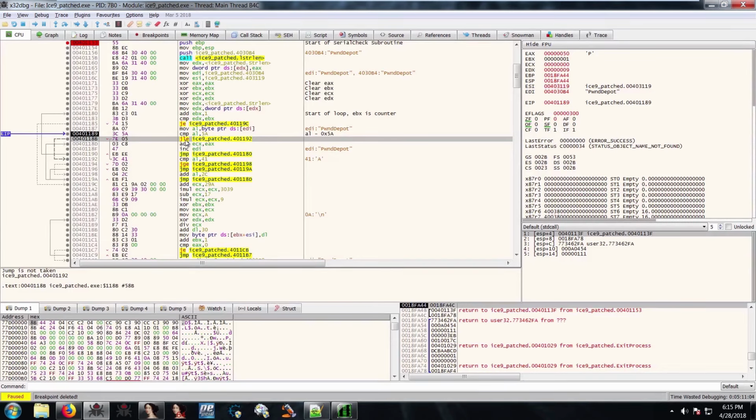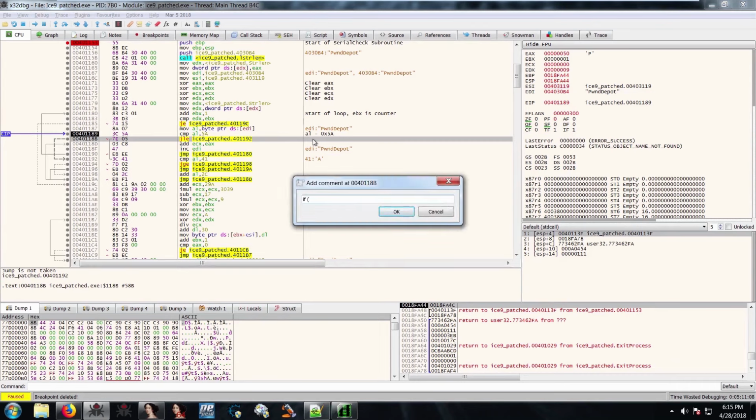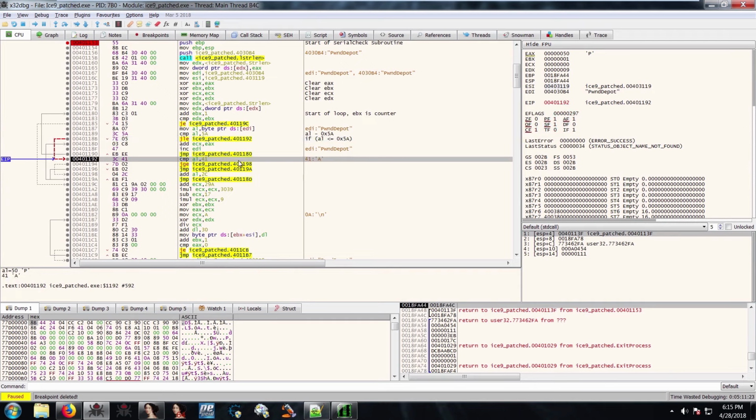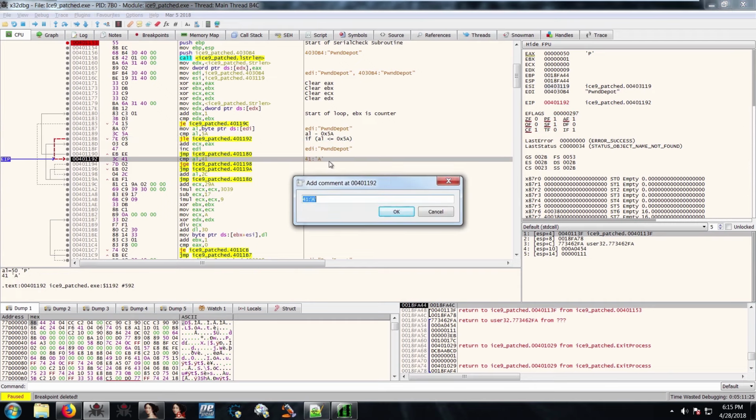So this is a less than or equal to. So basically what it's doing is if AL is less than or equal to 5A. And so in this case, AL is less than or equal to 5A, so then it jumps to another compare and does the same thing,